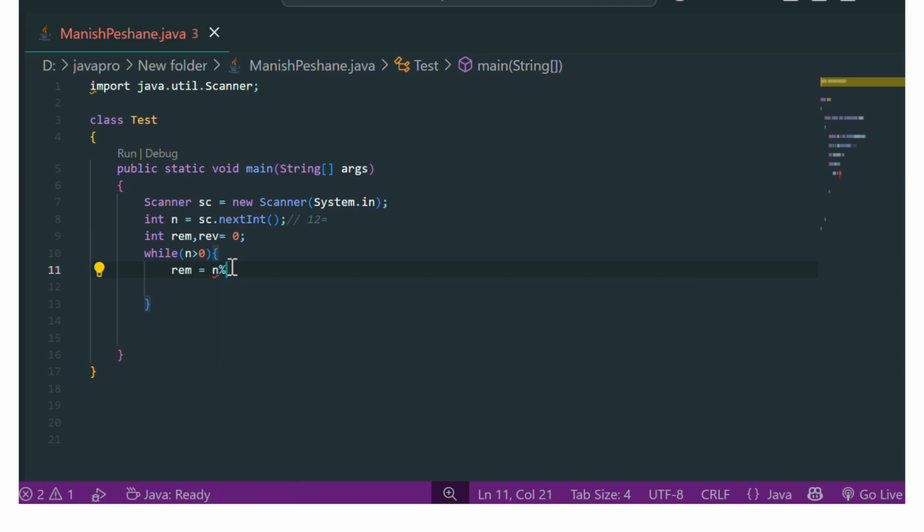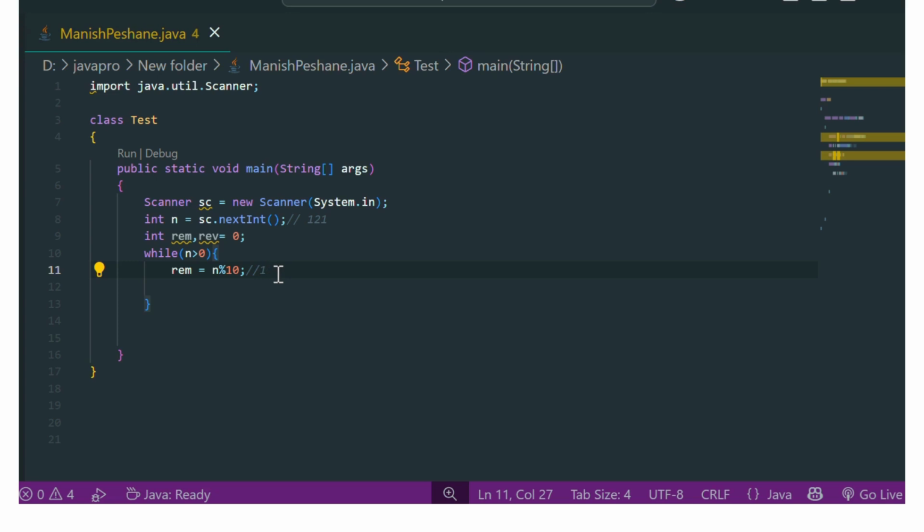If we write n modulo 10, what is the remainder? The remainder is 1.